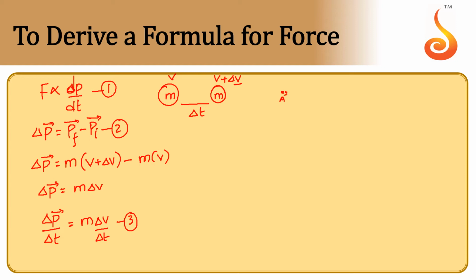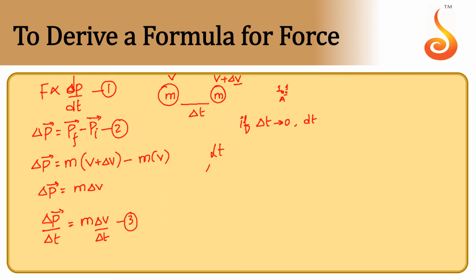In such a small duration, the change in time may be almost 0. Just imagine, when the first second started, the force was applied, and at the end of the first second, the velocity of the particle would have been v plus delta v. Since the force was applied during that 1 second, there is not much difference of time, so we can say delta t tends to 0. If delta t tends to 0, we can write delta t as dt. That means a very small change in time, maybe in milliseconds, maybe in microseconds. When such a small change in time happens, then we can write